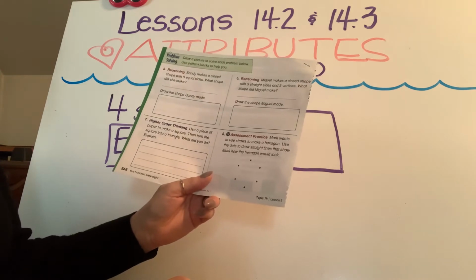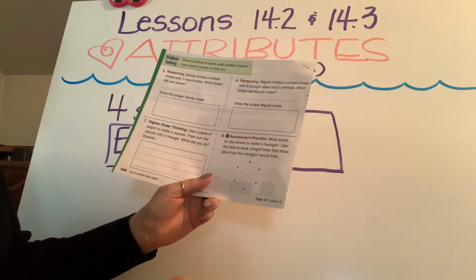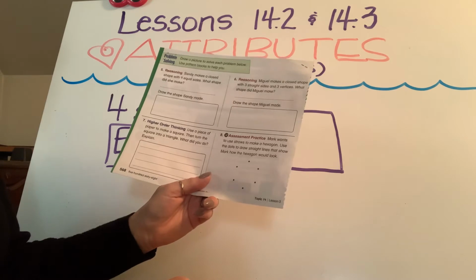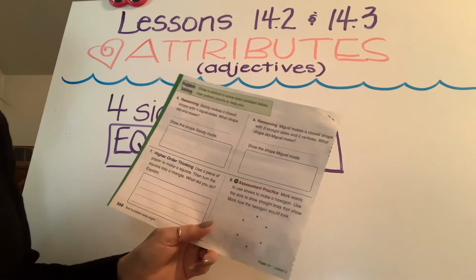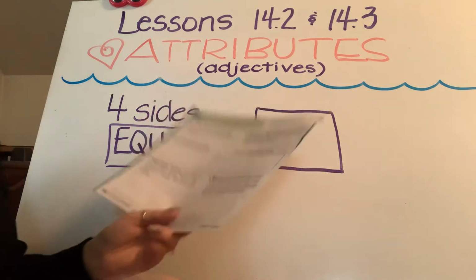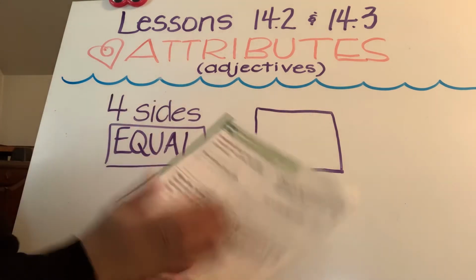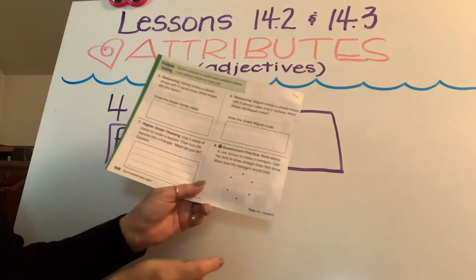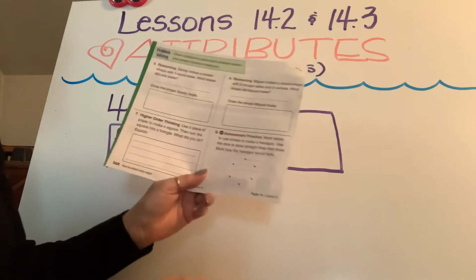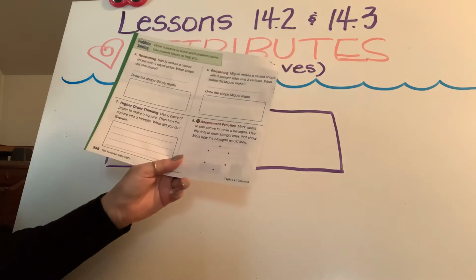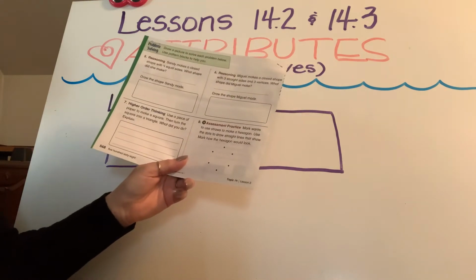Sandy makes a closed shape with 4 equal sides. What shape did she make? 4 equal sides. Now, we just talked about this, didn't we? Good job. Could you draw that shape in there for Sandy? Thank you. Let's go to number 6. And I am going to pick on